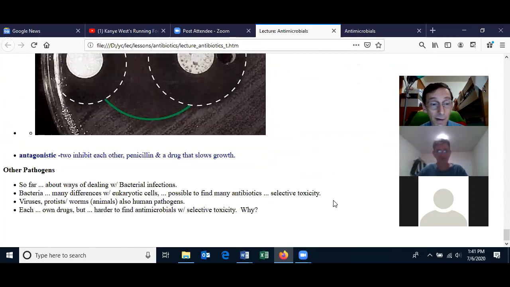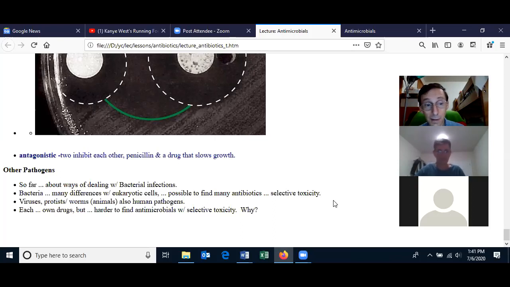such as viruses, protists, which are eukaryotic cells, worms, which are animals, obviously eukaryotic cells, yeast infections, which are also eukaryotic cells. And we don't have any infections from the archaea, so we're not going to talk about them. But there are human pathogens, and we have developed drugs to stop each of these other human pathogens from infecting humans, but none of them